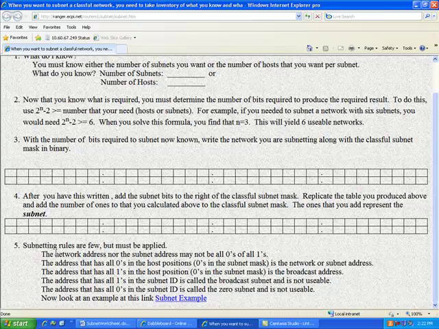and then we'll go to the subnetting worksheet and try to work out a problem. The address that has the all ones in the host positions, zeros in the subnet mask, is the broadcast address, and the one that has all ones in the subnet ID is called the broadcast subnet. It's not usable. The all zeros is the zero subnet, and it's not usable. An example of this